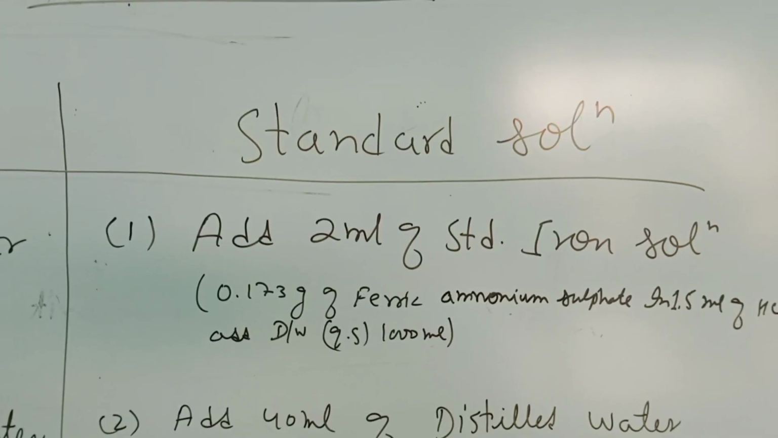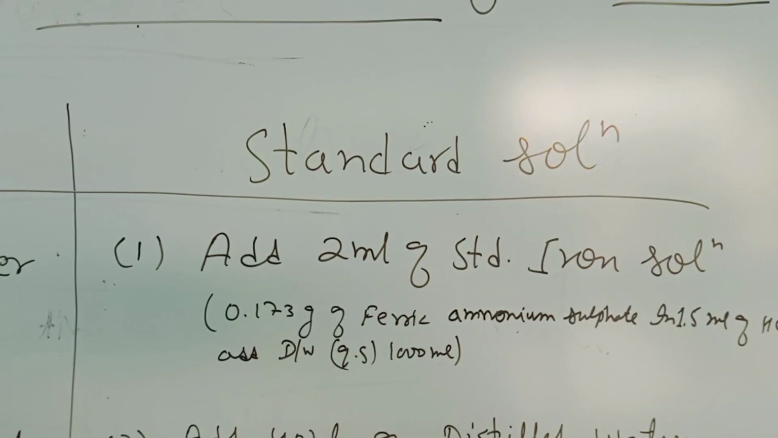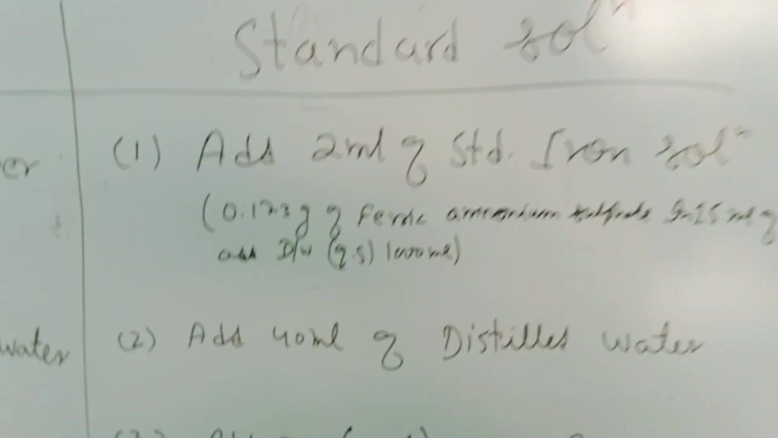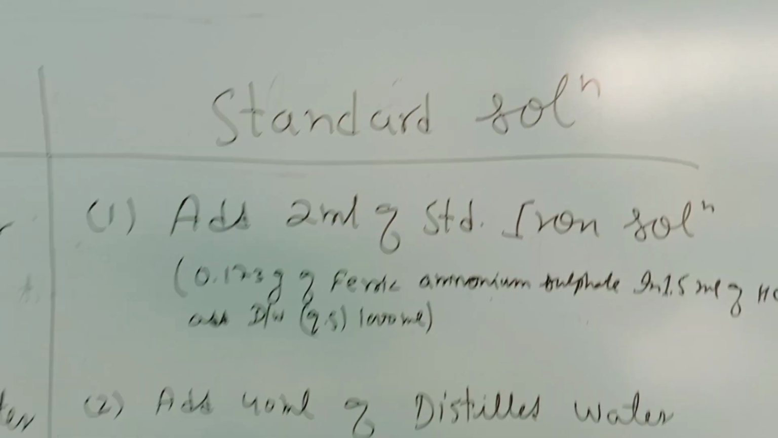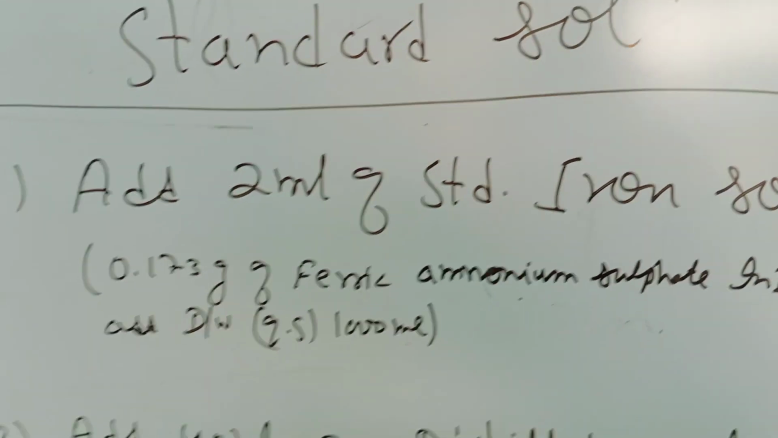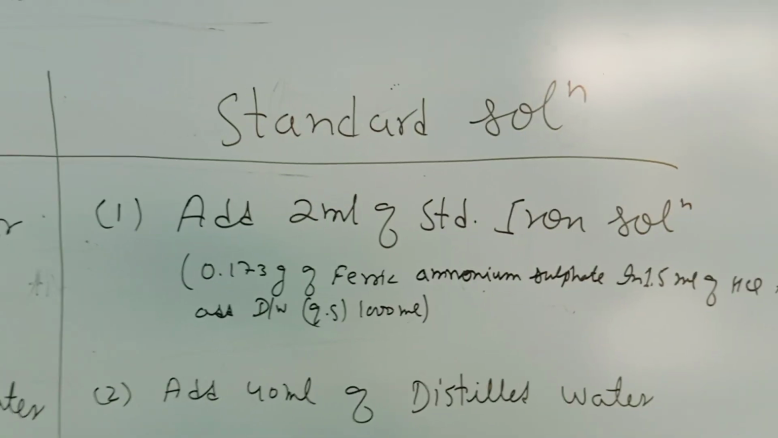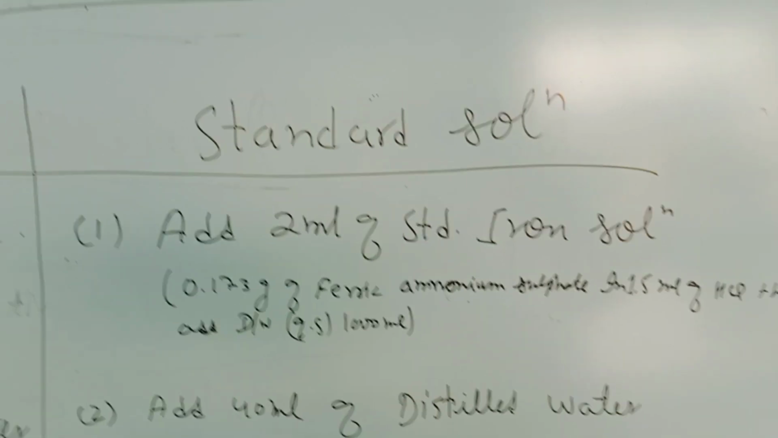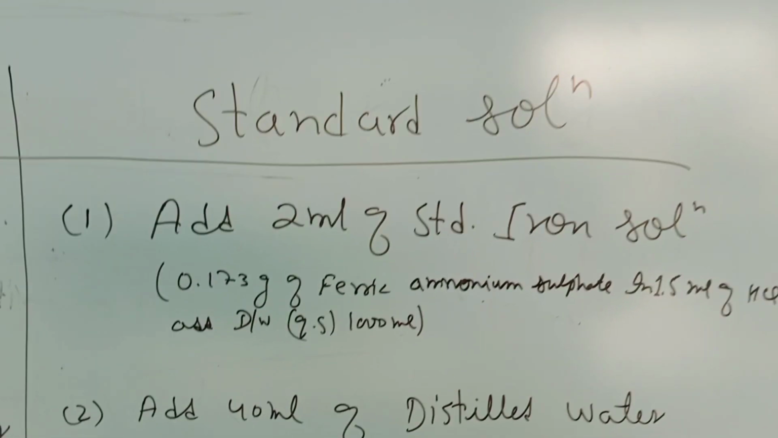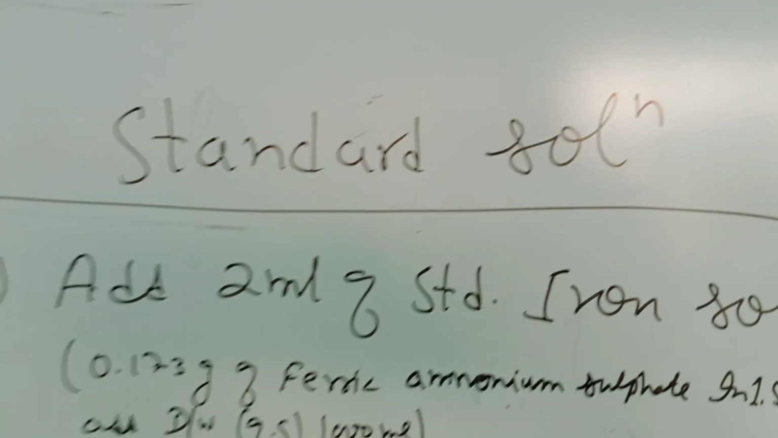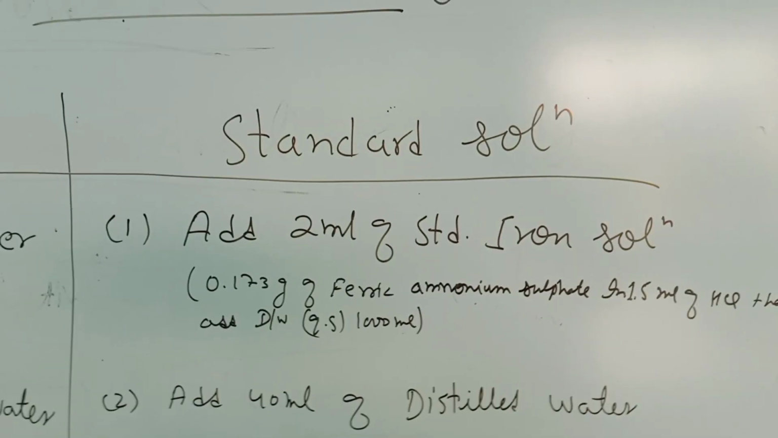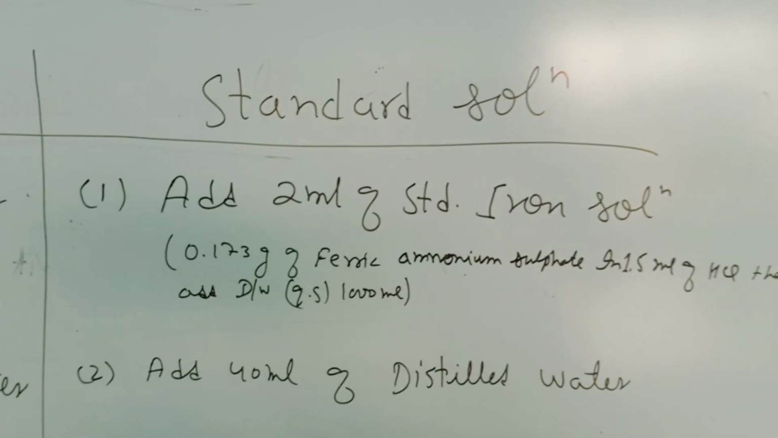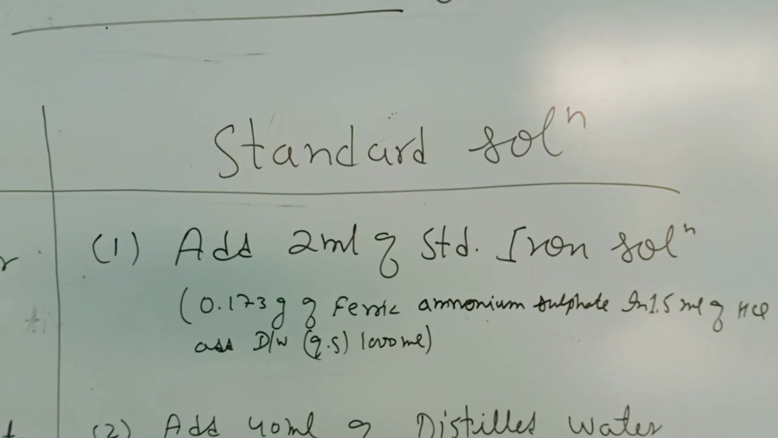The very first step involved in preparing the standard solution for the limit test of iron is to add 2 ml of standard iron solution into the Nessler cylinder. Now this 2 ml of standard iron solution is prepared by